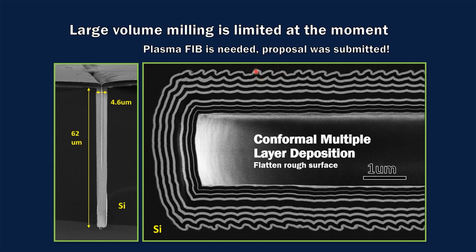The initial deposition follows the rough morphology very well and eventually smooths out the starting roughness when the film becomes thicker. Luckily, this sample is made of silicon and oxide. Edge cleaving works great, but it would be very difficult to use gallium FIB to mill such a big sample. More powerful FIB would be needed, for example, plasma FIB, which we do not have at the moment. Hopefully, we can get it in the future so we can mill large cross-section samples.